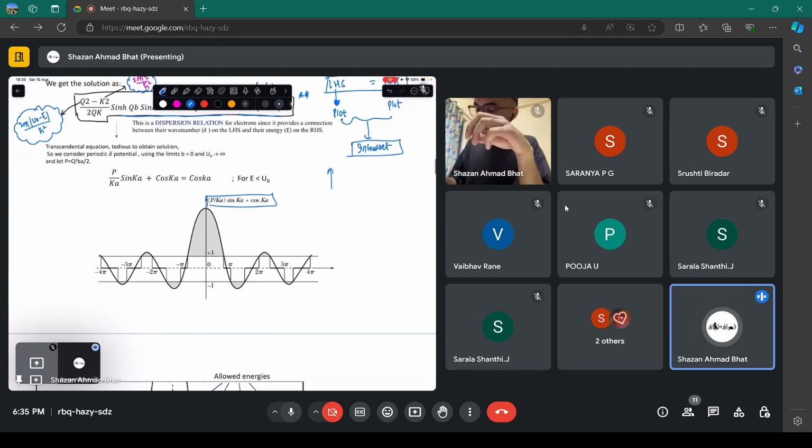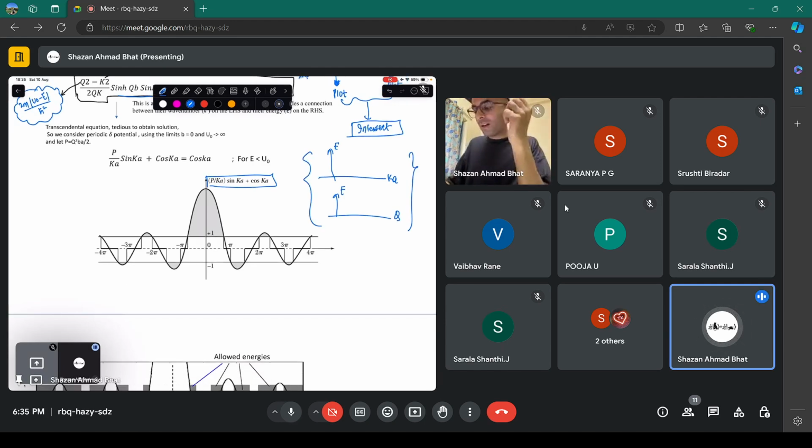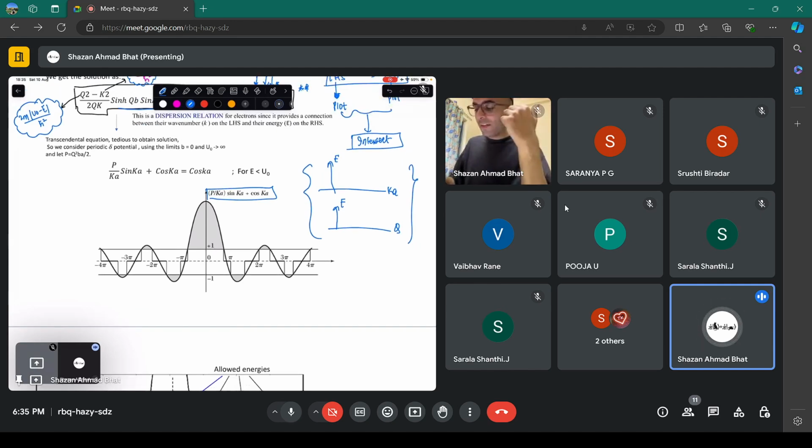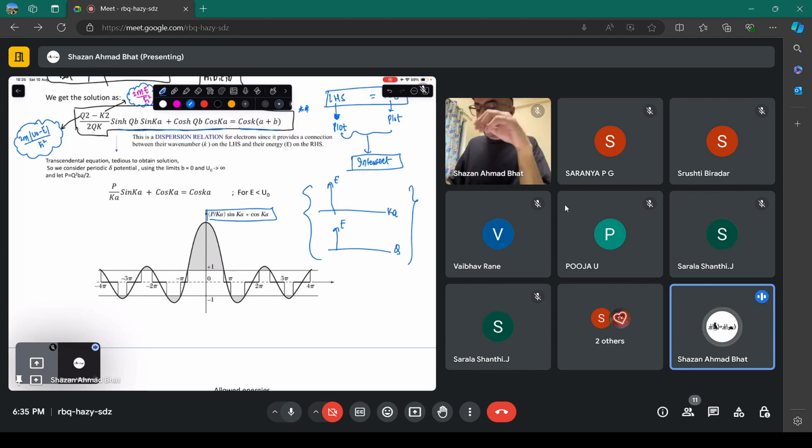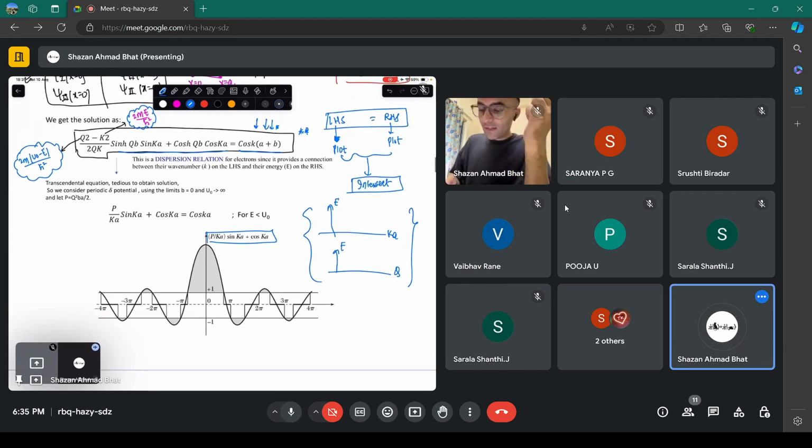You can plot, let's say, E versus KA, or you can plot E versus, let's say, Q. It's your choice. But certain notations are followed in different books, and people usually stick to one of the notations. But you can definitely plot any of the relations against either K or against Q. But the important thing about this equation to note is that you should think what these values